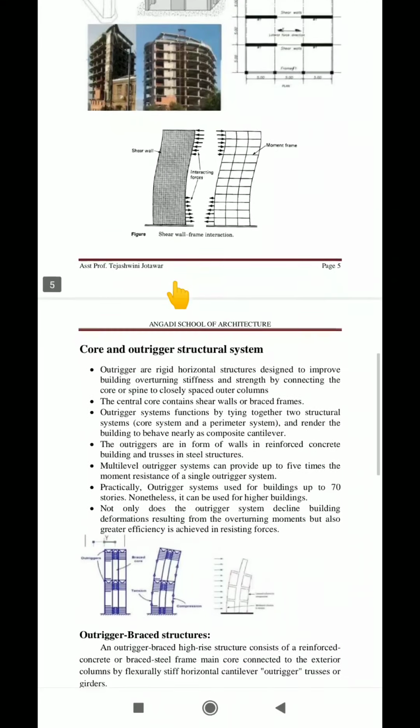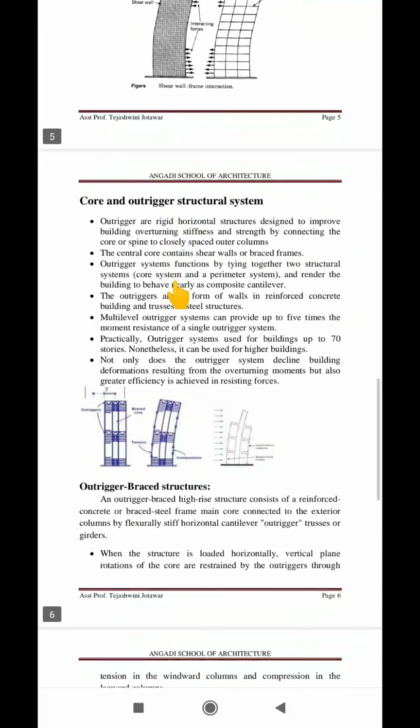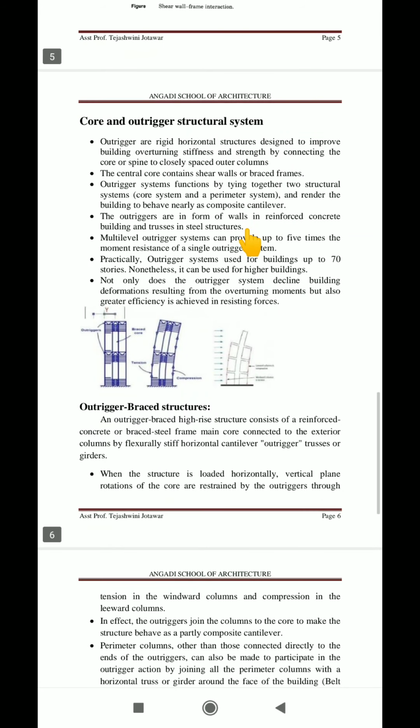Apart from these two basic systems, we may also have certain secondary dual systems, that is core or core wall with an outrigger structural system, outrigger with a buttress system, outrigger with a buttress cap system, tube system, or a tubular structure with an outrigger system. Like that, there are several other dual systems. We'll just highlight the points regarding those secondary dual systems.